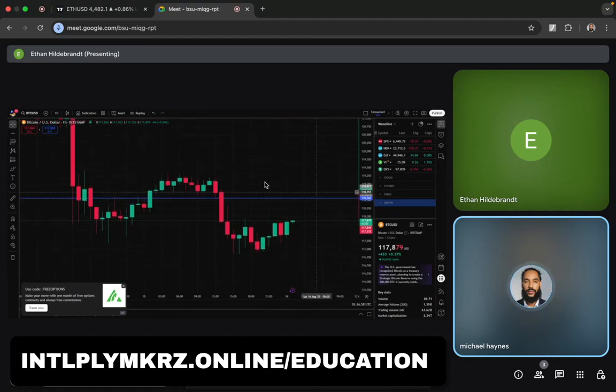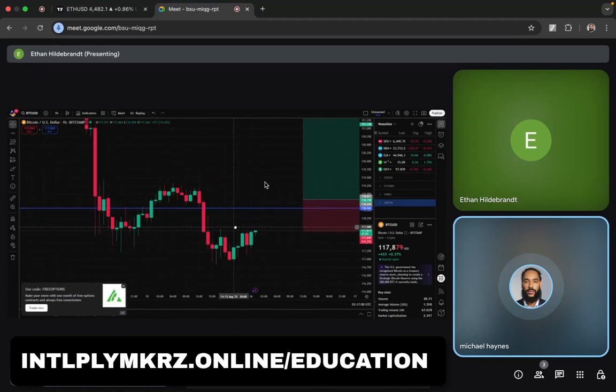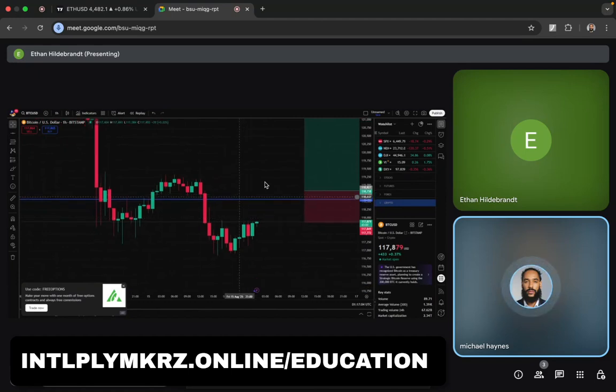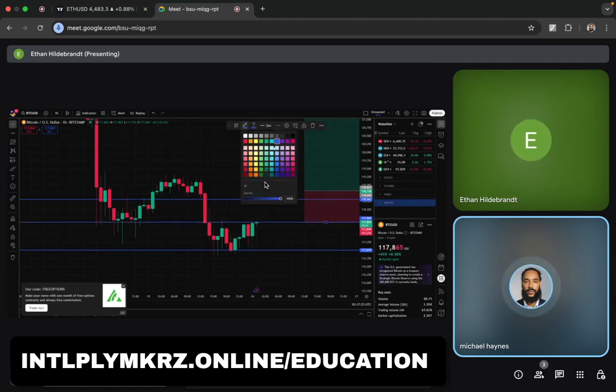Okay. So what we want to do here is create another support line. So let's create a horizontal line. And then let's create a resistance where price is currently at, which was a previous support. Correct. You see how price from the left side dropped down into that